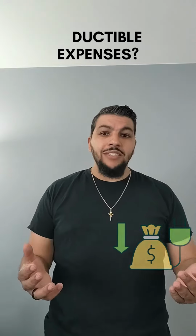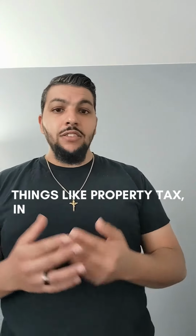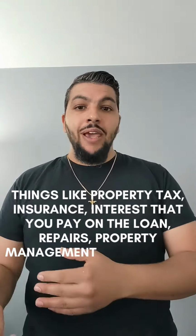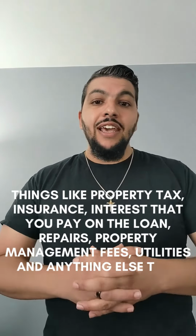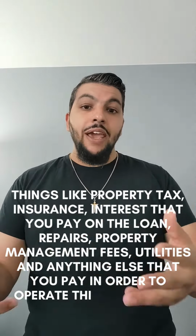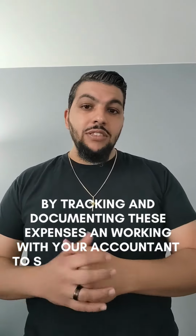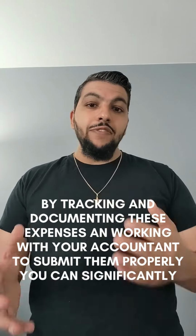Number 2, deductible expenses. What can be deductible expenses? Things like property tax, insurance, interest that you pay on the loan, repairs, property management fees, utilities, and anything else that you pay in order to operate this investment property. By tracking and documenting these expenses and working with your accountant to submit them properly, you can significantly reduce your